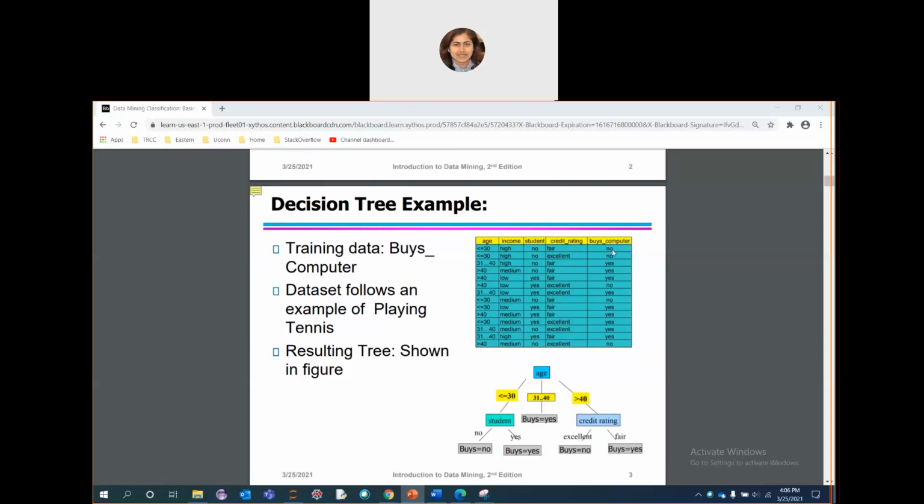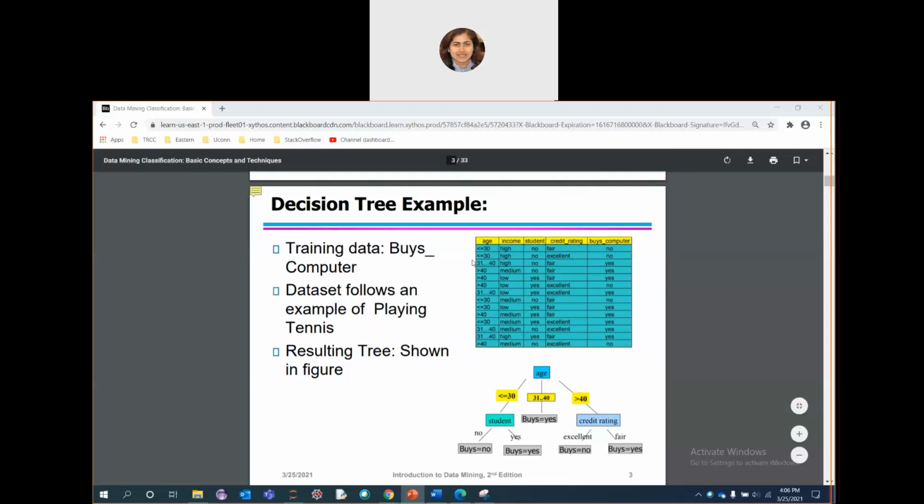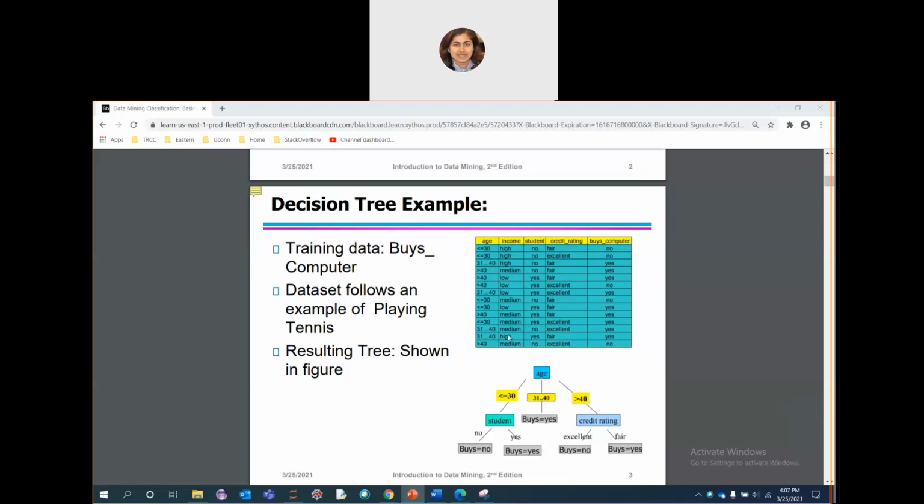So let's say for the first one, the buys computer decision is no. For that, what conditions of other attributes are we having? Age should be less than or equal to 30, income should be high, shouldn't be a student, and credit rating will be fair. So someone will not buy the computer. But there are other classes also, and sometimes their conditions may overlap. So in that case, how to make a decision? In that scenario, this type of decision tree making process will help to a certain extent.